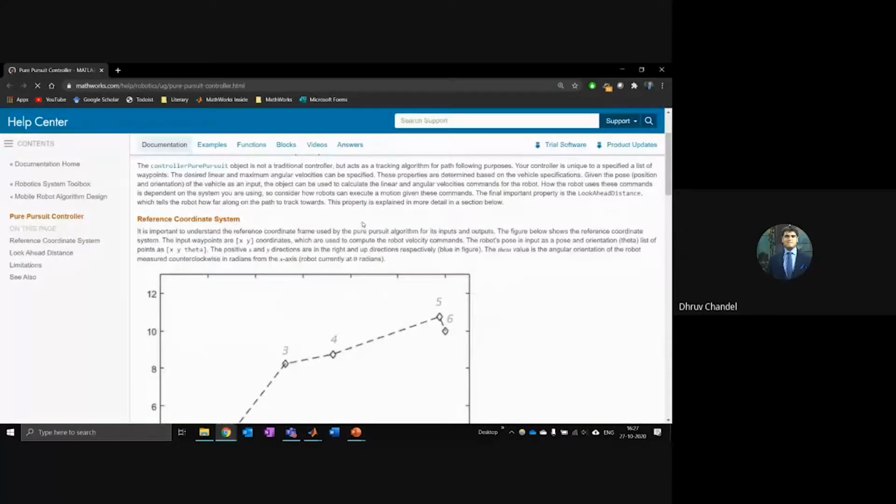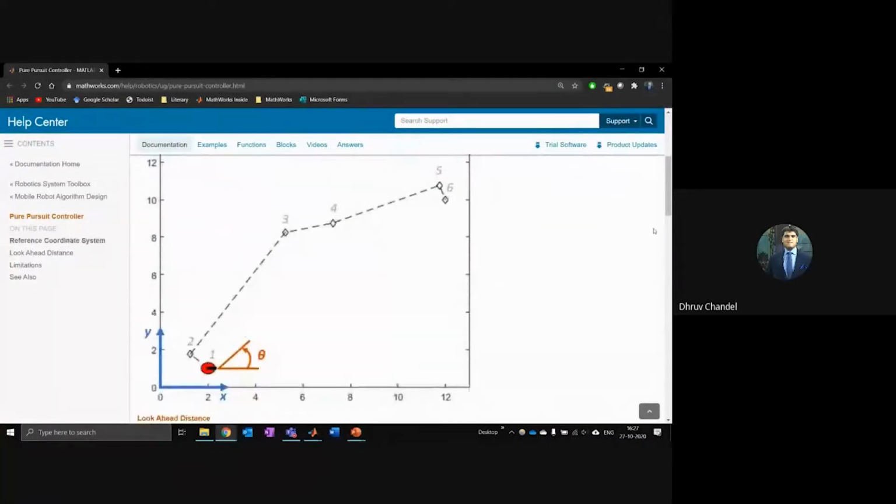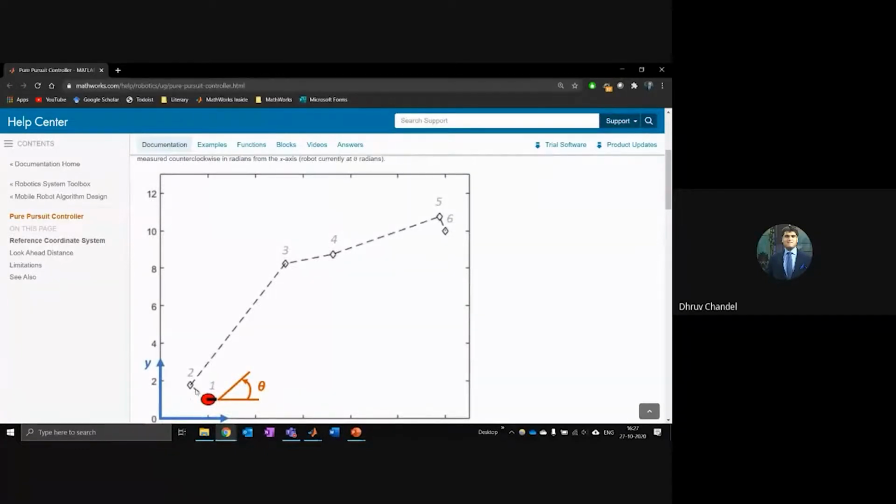What a pure pursuit controller does is, if you have this kind of robotic domain, and you want your robot to start from point 1, go to point 2, then point 3, then point 4, 5, 6, it will draw a bunch of straight lines between those paths. And the pure pursuit controller has a certain look ahead distance. So it will look ahead at the path where it is supposed to go, and based on that, it will determine some intermediate velocity for the overall robot system.